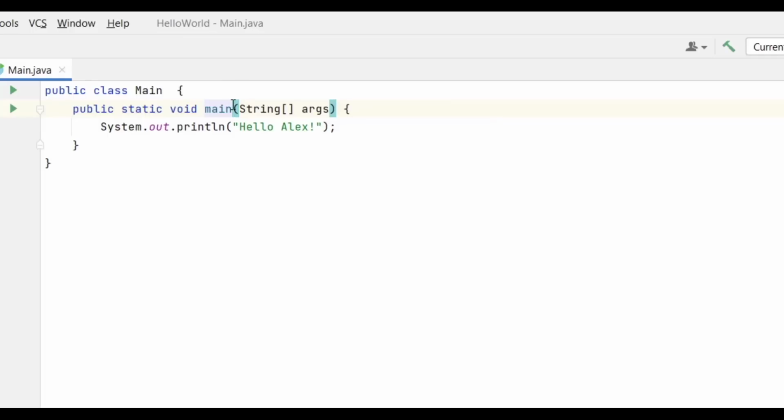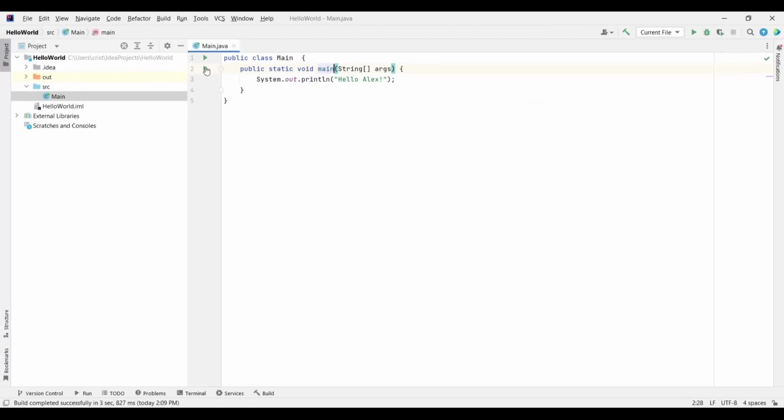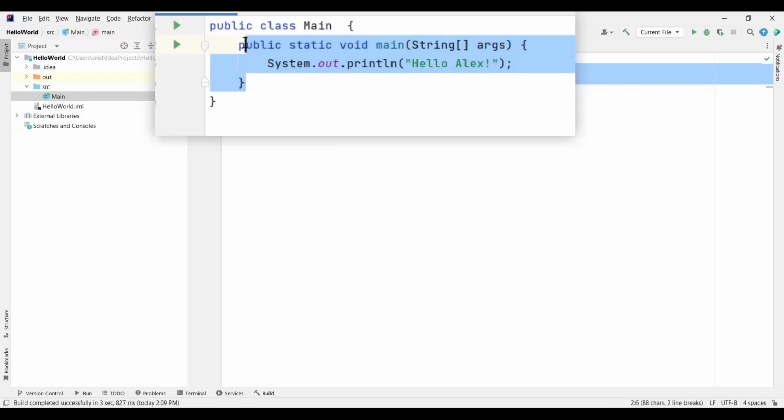So look what happens if I change the name of the function from main to A, and look what happens with the play button here and with the play button here, which we can use to run our code. So if I put main A, they both disappeared. So this is disabled and now this disappeared. Why? Because now we don't have an entry point, and when the Java compiler tries to run our code, it looks specifically for the main function to execute our code.